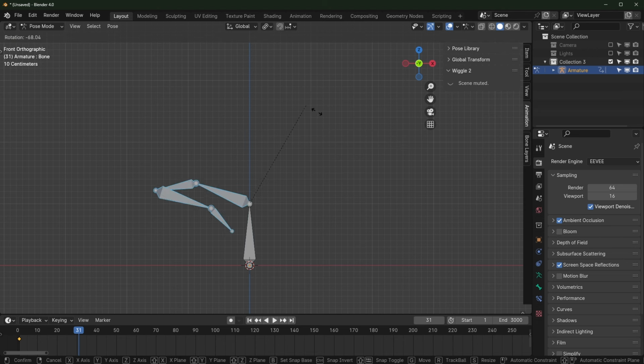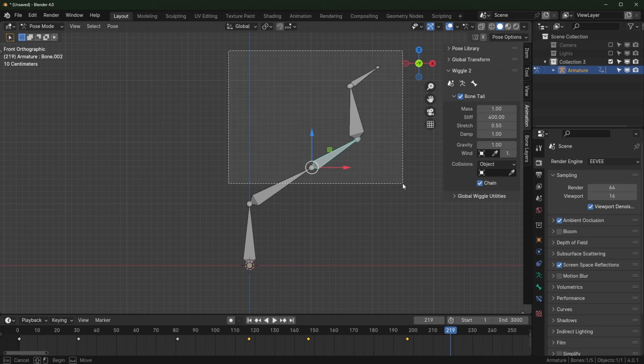Now, if I add wiggle bones, these still have their settings that I was using, and you can see it's doing the animation, but it's adding the wiggle on top of it, which is pretty cool. I really enjoy that because it means you can add this to everything, or anything rather. I probably wouldn't add it to literally everything because that will get pretty messed up. But you can add this to things that are already animated to see how they'll react, and it makes the motion look so much more